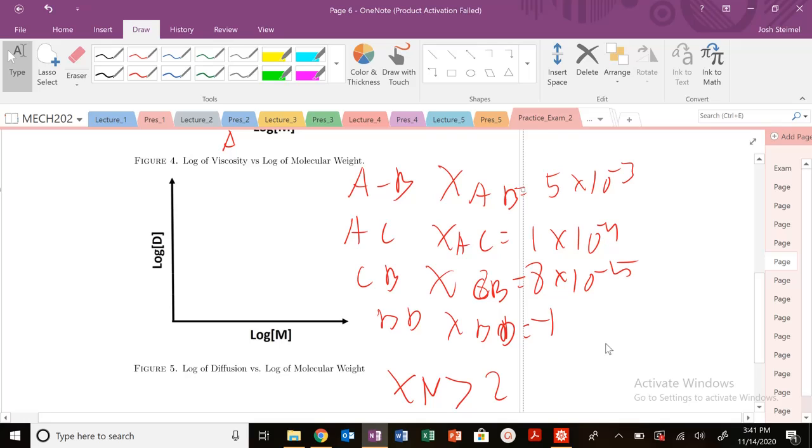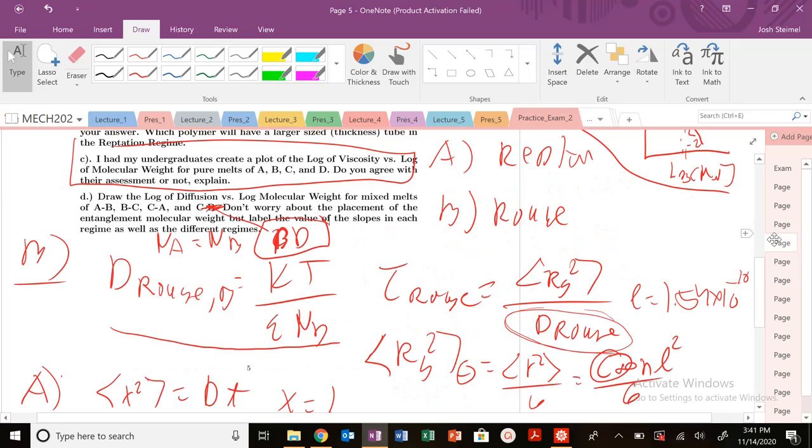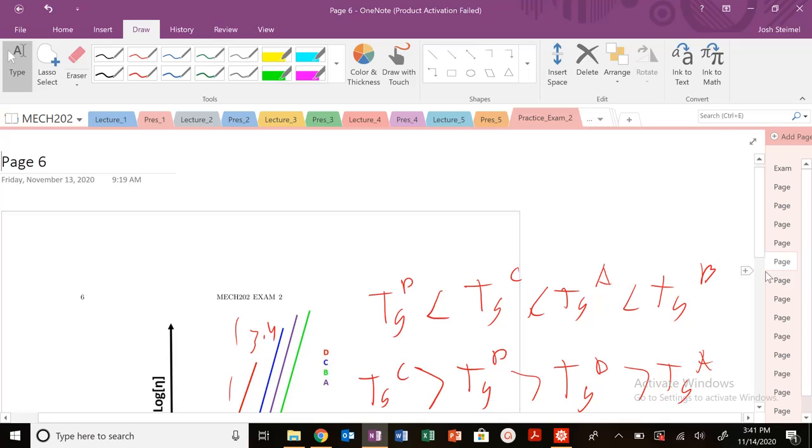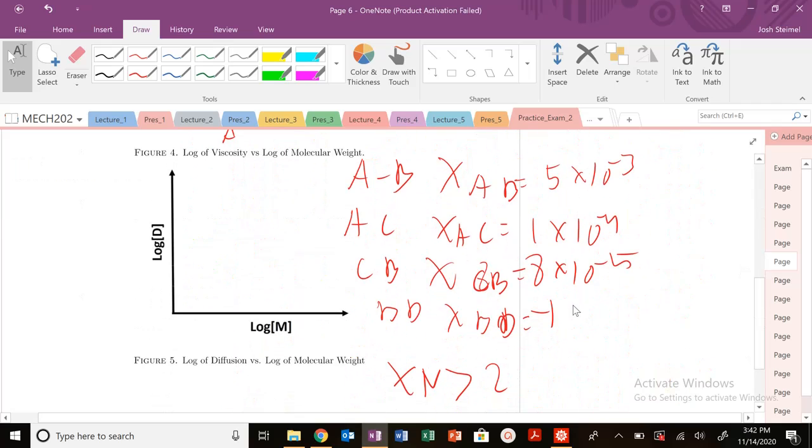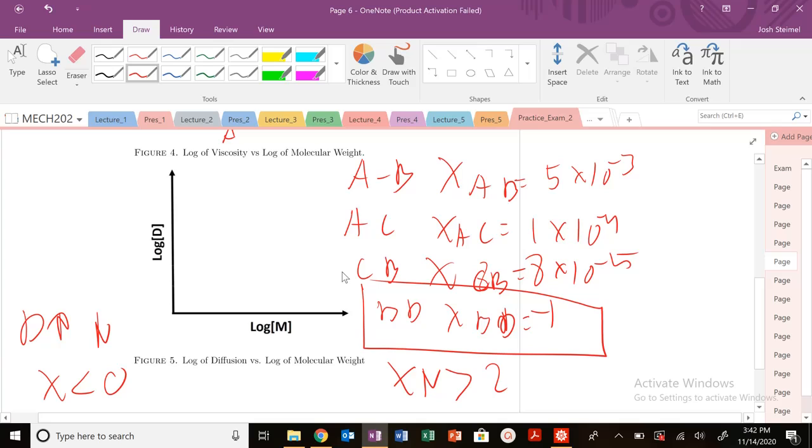But let's look at this more generally. In the problem, it says that we don't have to worry about the placement of entanglement molecular weights, but we need to look at the slopes. So we need to understand here that the big idea is that we get this boost. Our diffusivity increases by an order of N when our chi value is less than 0. So that only occurs for BD. So all the usual suspects, everything is going to be the same, but the exception is going to be